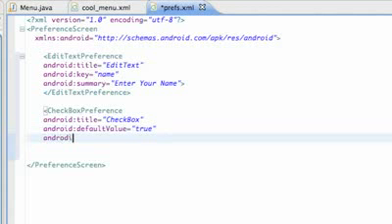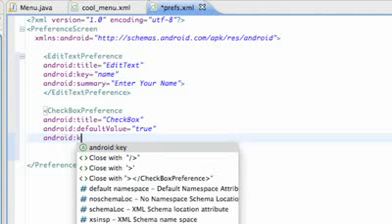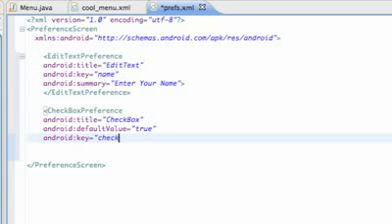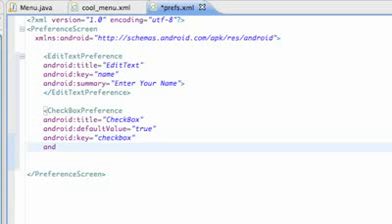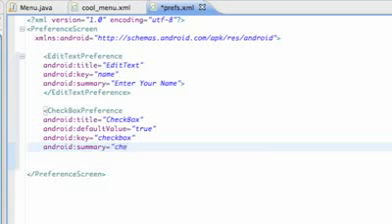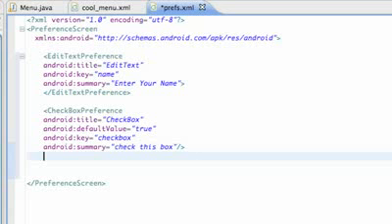and also we're going to add a key reference so it can save it, and we're going to call this key reference checkbox. This isn't really going to do much, but we're just setting it up for the most part. And again, Android summary equals check this box for the most part. Nothing spectacular. And then we're just going to finish it by slash, less than sign,